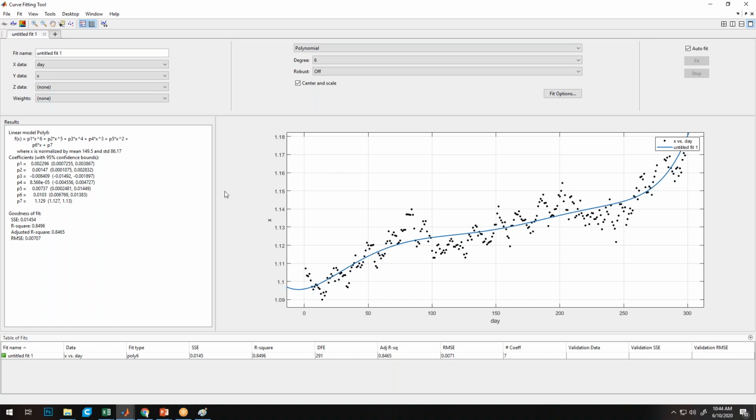Now, in order to get these coefficients directly into the workspace, how can we do this? Let me show this with a code example also.